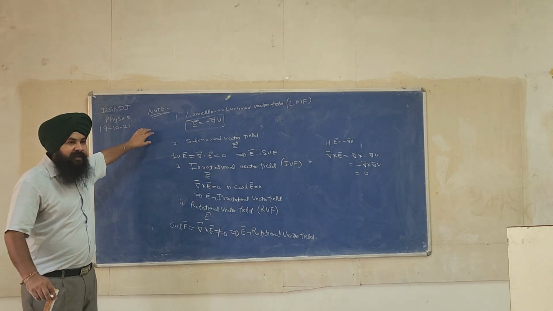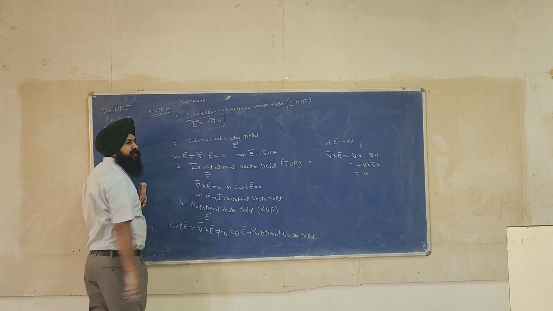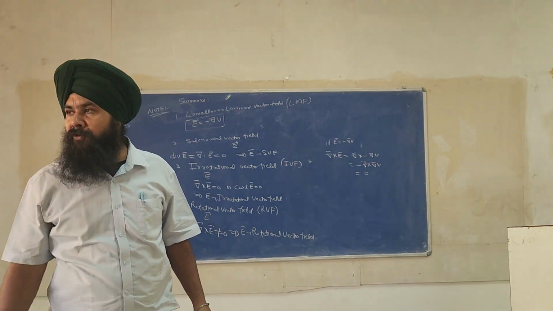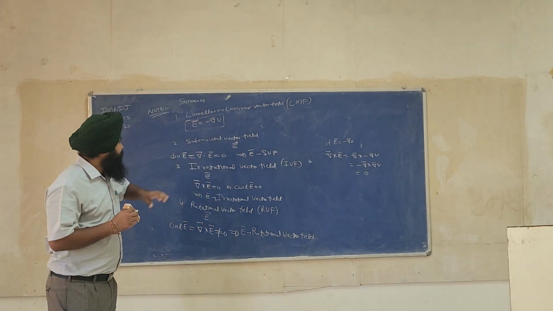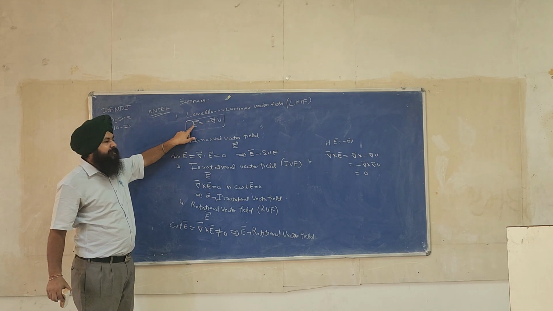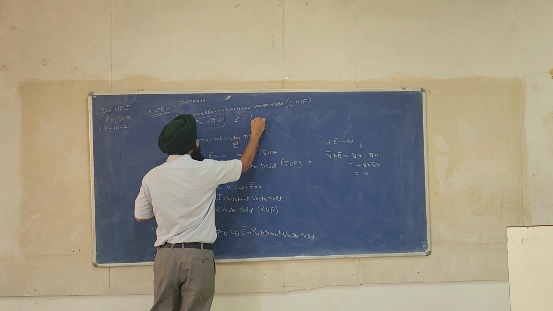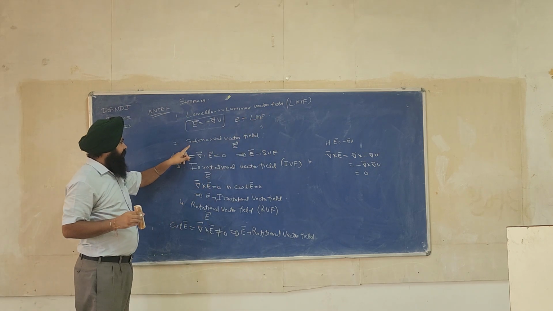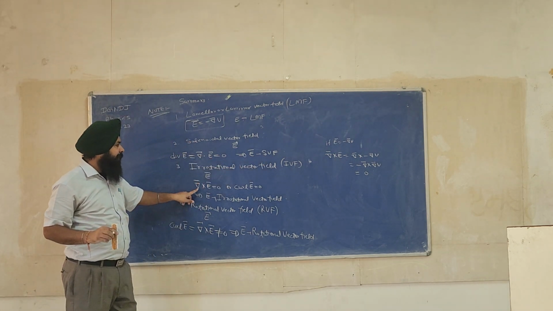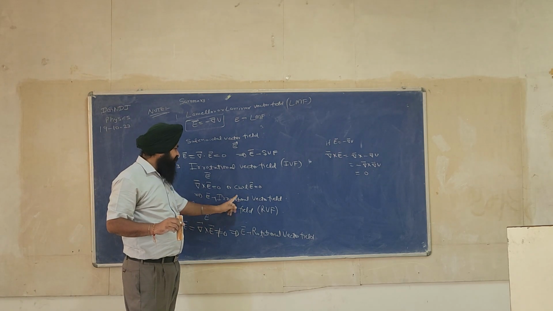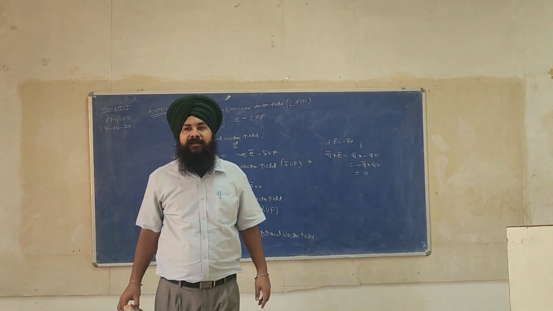And this is a summary of the last 4 to 5 lectures. First is the laminar vector field. If E is expressed as the negative gradient of a potential, then this is the laminar vector field. If divergence of E comes out to be 0, then that is a solenoidal vector field. If curl of E comes out to be 0, then this is an irrotational vector field. If curl is non-zero, then it means E is a rotational vector field.